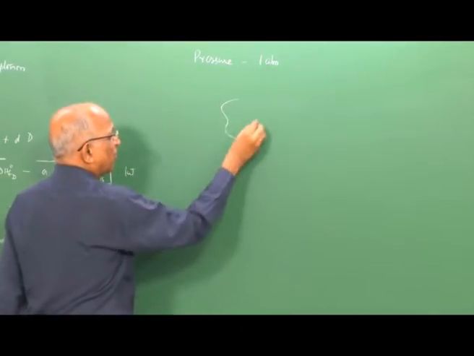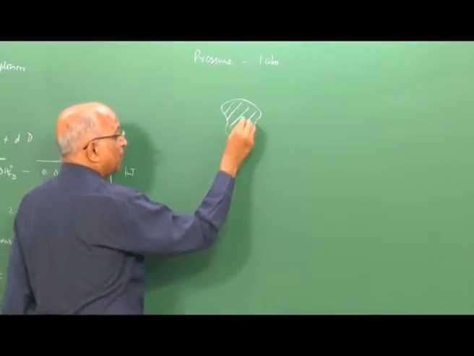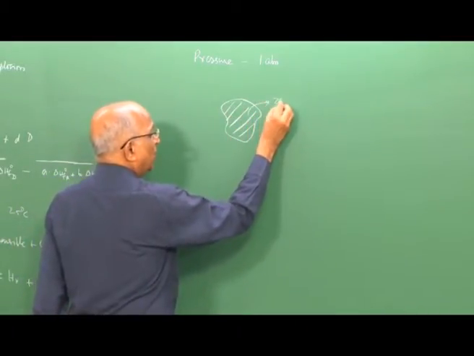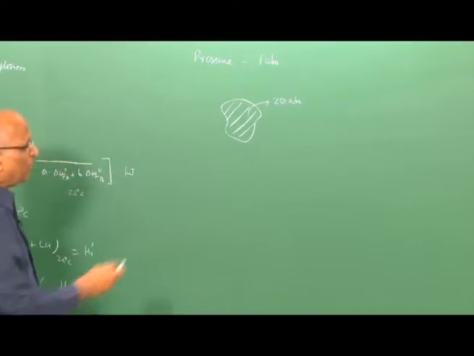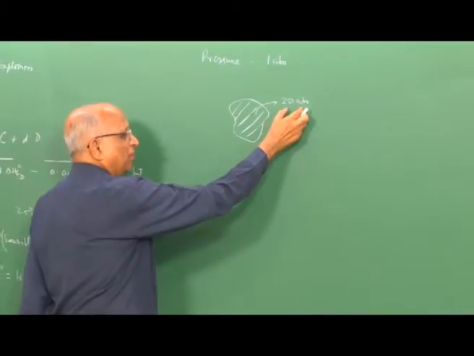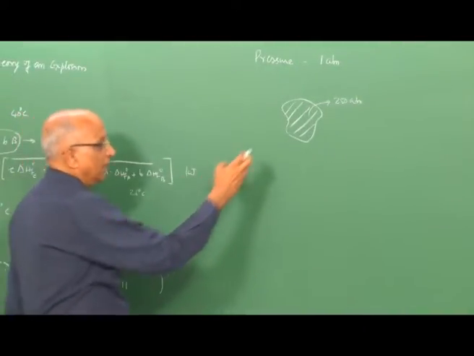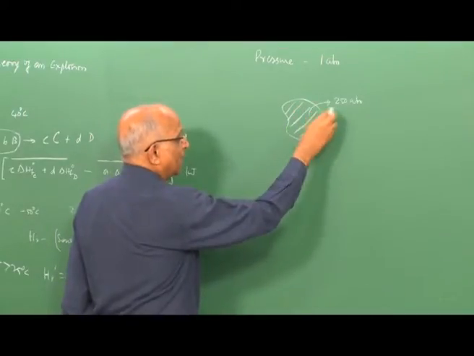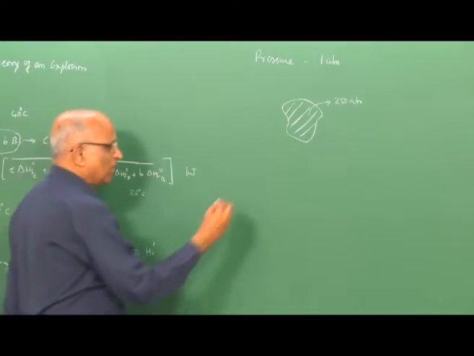What if I have an explosive mixture contained in a gas and the initial pressure of the reactants is, let us say, 250 atmospheres? How do I calculate the value? For 250 atmospheres I have to be a little careful because my equation of state may not be ideal, but in case the equation of state is ideal, I am talking of 10 atmospheres or 5 atmospheres or so, I tell myself, well, as per